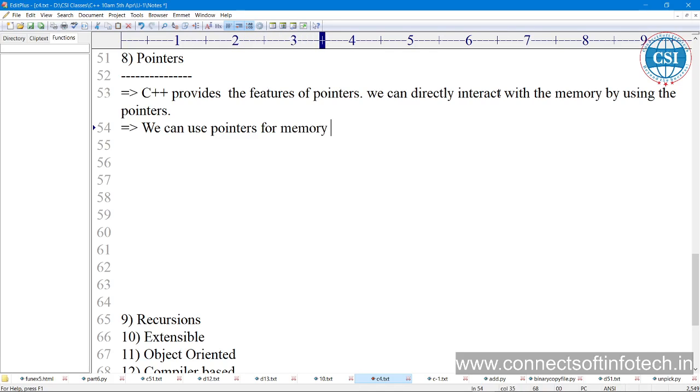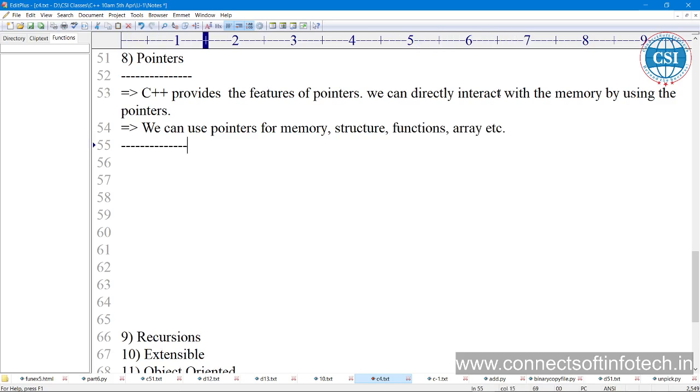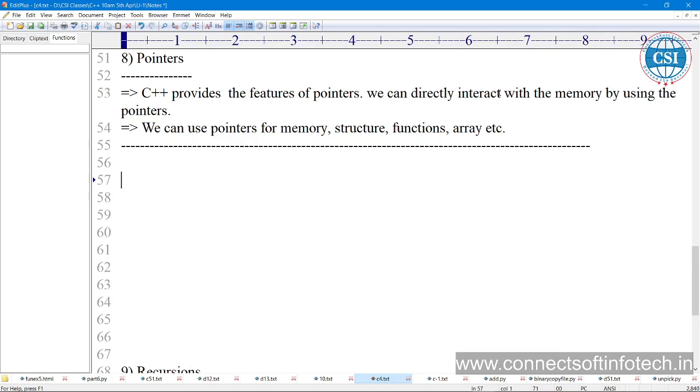Okay, so memory मतलब अब structure is also hold the memories, array is also hold the memories. Okay, function is also hold the memory. So we can use the pointers for memory, structure, functions, array and etc. So by calling the pointers are recommended. जैसे हम add is the name of function or simply we know the structure I think. Okay, so the structure,